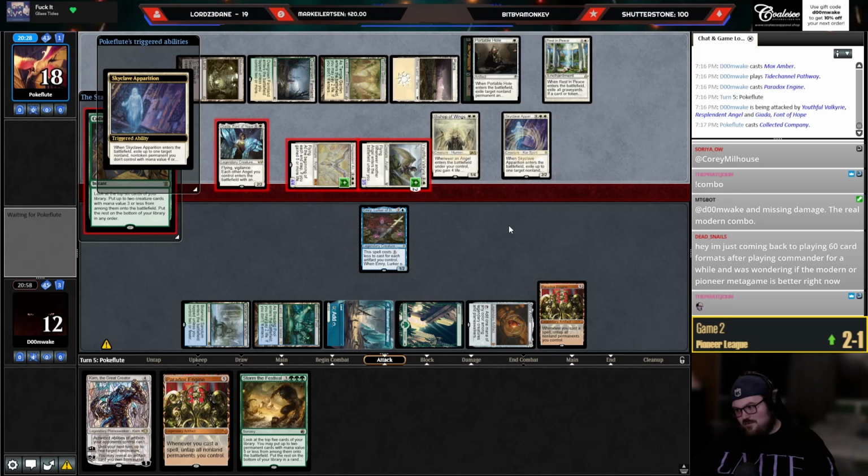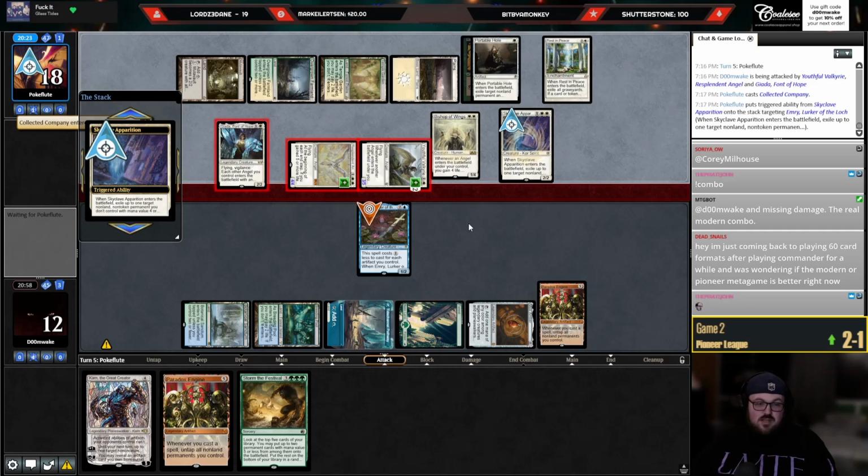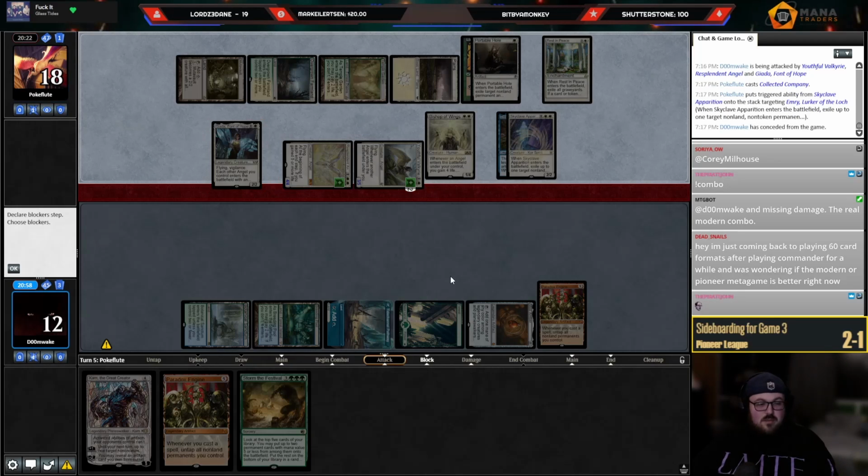Just coming back to playing 60-card formats from Commander, I want to get the Modern or Pioneer metagame is better. I mean, personally, I prefer the Pioneer metagame, but...